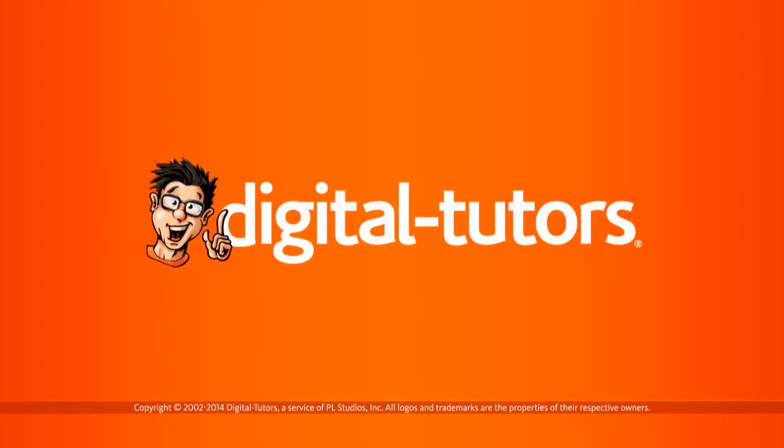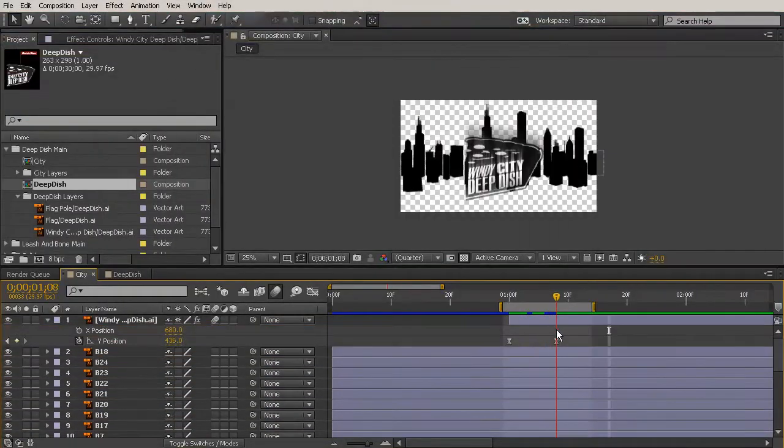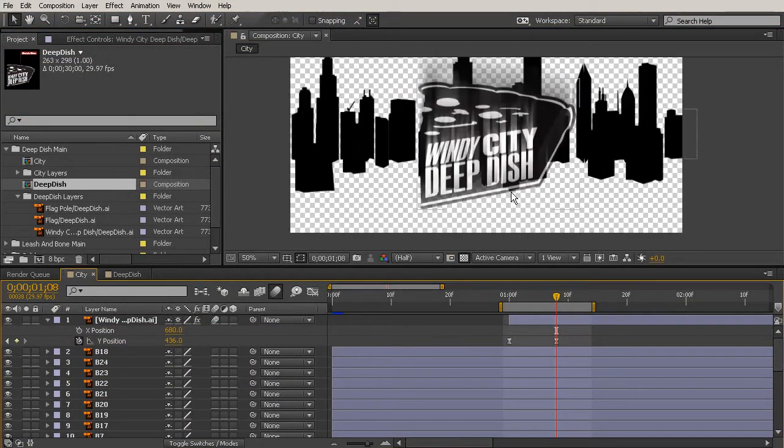In this lesson, we'll be adding some bounce to the pizza. Okay, so right in here where our pizza falls down, I don't want it just to hit so hard. I want to give it a little bit of an up and down bounce. So what we can do is actually come in here and start to add some keyframes back into that Y